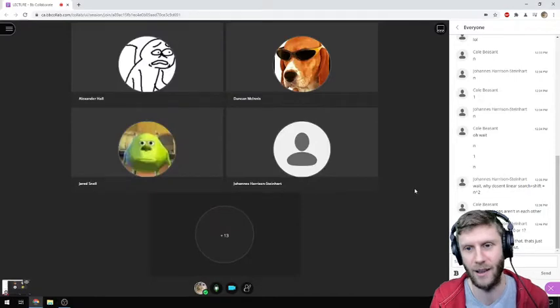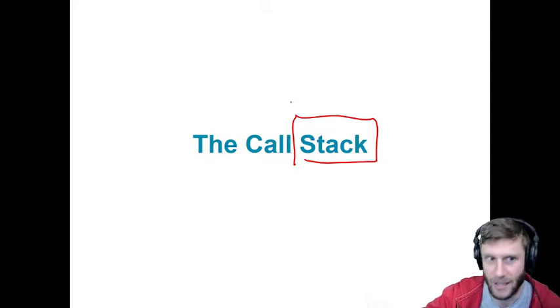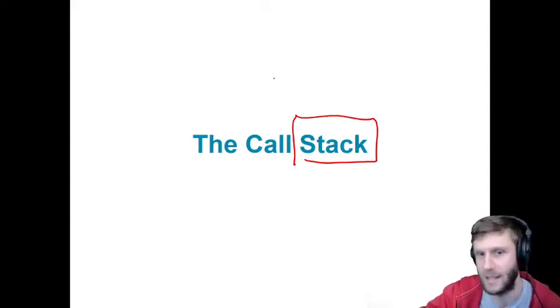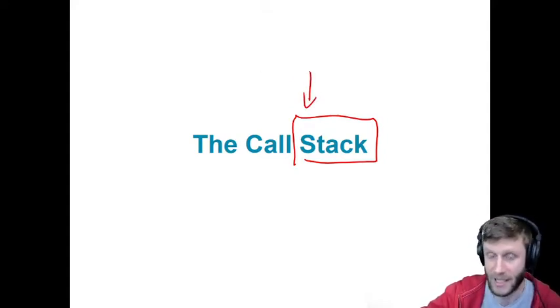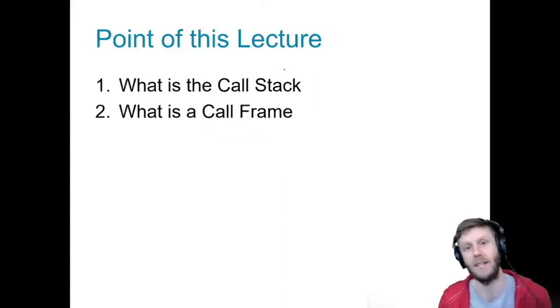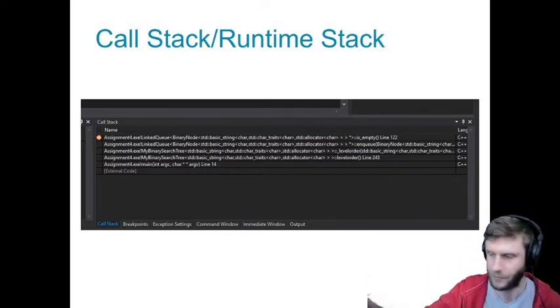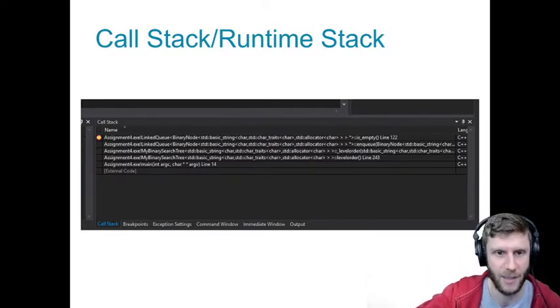Recursion. I love recursion. So, the call stack. This is an important feature to talk about before we get into recursion. When I say stack, I mean stack. But unlike a stack that we implemented in the code, like an array stack, this is a stack that's not implemented. It's the system stack. I'll show you what I mean. So what is the call stack? What's a call frame? If you've ever done some debugging, you may have seen something like this before.